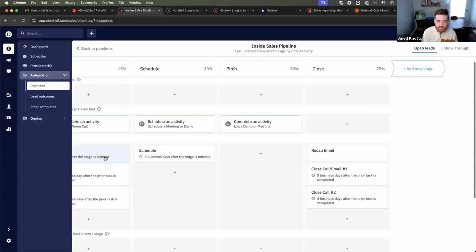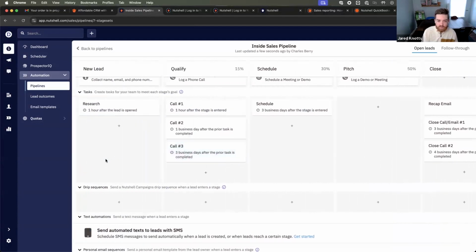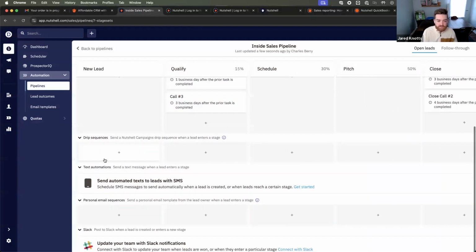Now, the other 2 things that you could set up as well, and you usually probably want to do these earlier in the funnel here, is the email or text automations. And so the personal email sequencing is basically a one-to-one email sequence where we're going to leverage your email provider to send these. So if you're on Google or Office 365, it's actually going to leverage that to send them. So these are great for prospecting. Maybe you have a cold outreach sequence that's tailored for prospects. Anytime that you drop them into this pipeline, they're going to start getting that automated email sequence,